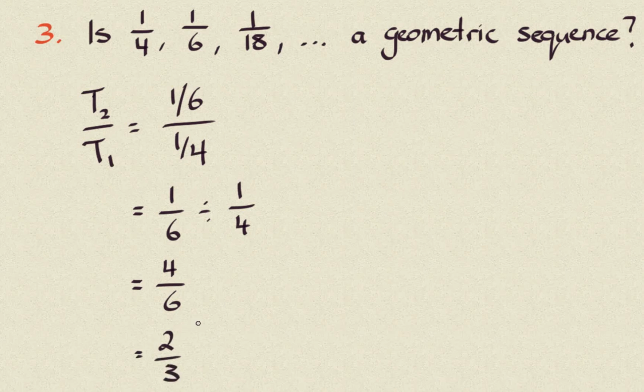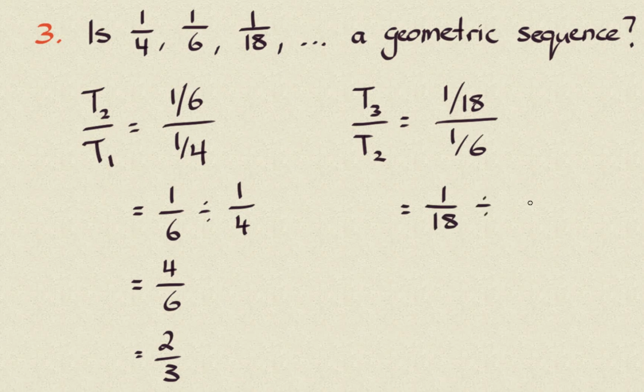So that appears to be the common ratio, but we just need to check if that's a consistent common ratio. So now let's look at term 3 divided by term 2, and that is 1/18, term 3, divided by 1/6, term 2. And once again, we will use the divide symbol instead, just to make things a little bit easier. When we times and flip, we get 6 over 1 when we flip our second fraction, so timesing them together gives us 6 over 18, and that simplifies to